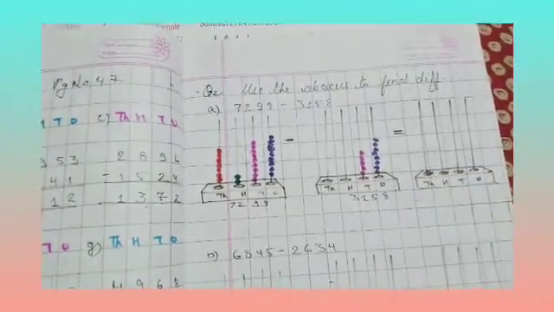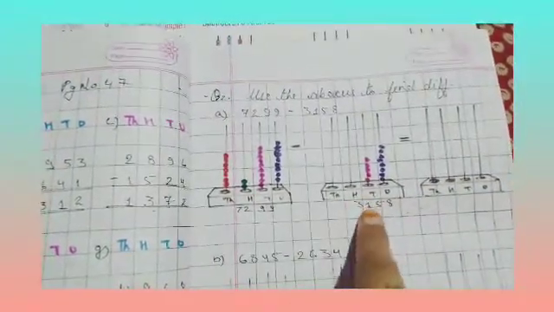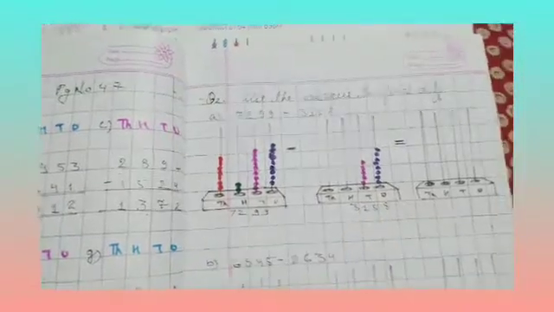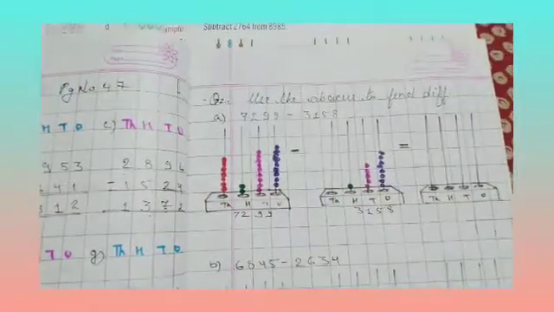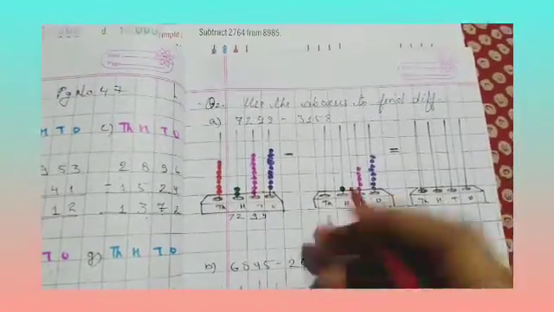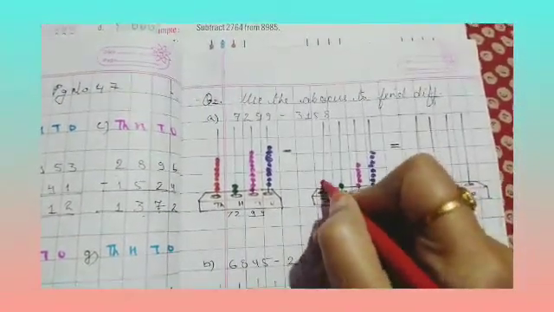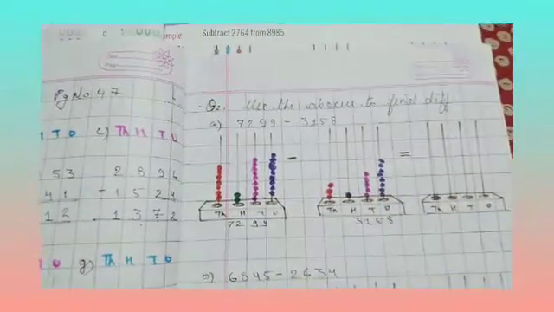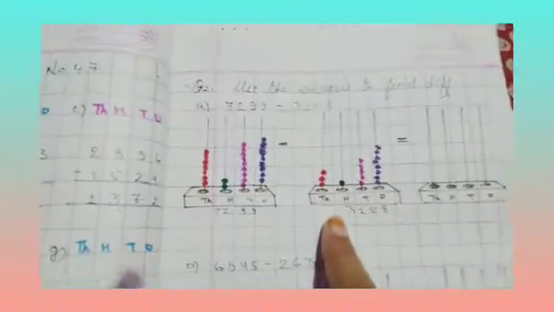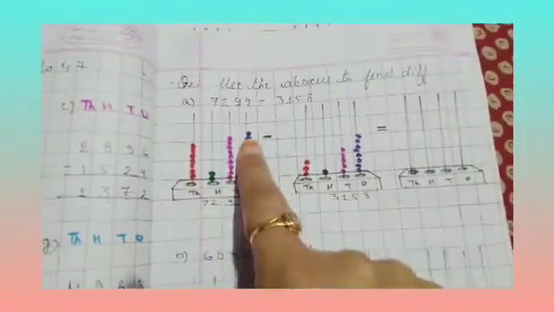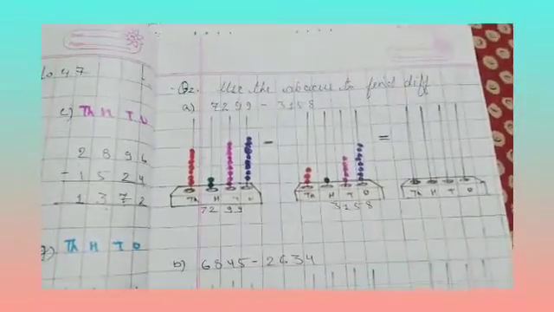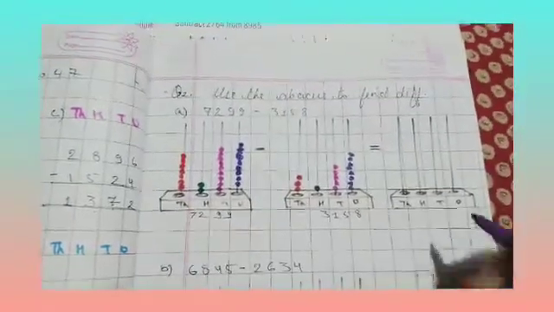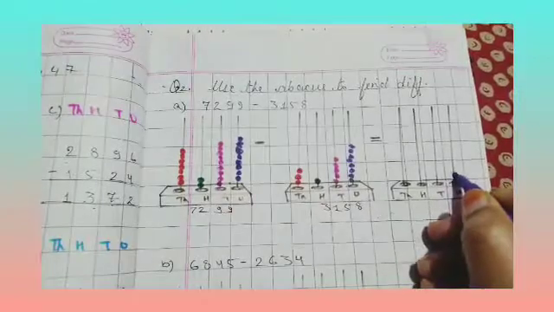Okay? Now at the 100 place 1 is there. So we are going to place 1 bead. So 1. Now at the 10,000 place there is 3. So we are going to place 1, 2 and 3 beads. Okay children? So now we are going to subtract. Here is 9 and here is 8. So how many beads are less? 1. So on one strand we are going to place 1 bead.